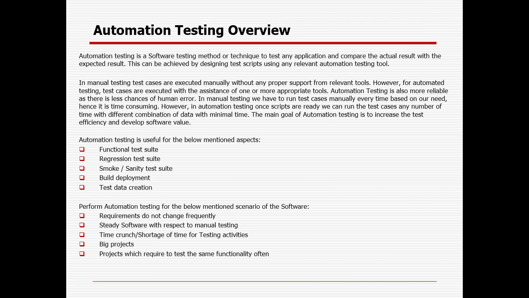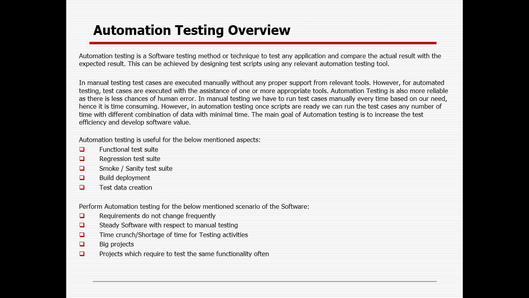So what is the formula for ROI, return on investment? Manual execution time minus automation time, which is completely development, maintenance and automation execution, divided by automation time. In case it is a greater than zero or positive number, then you can go with the automation. In case it is negative, sometimes it is not recommended to go for automation, but in case the customer is demanding, they want to execute one thing with 10 varieties of data, then they can go with automation as well.